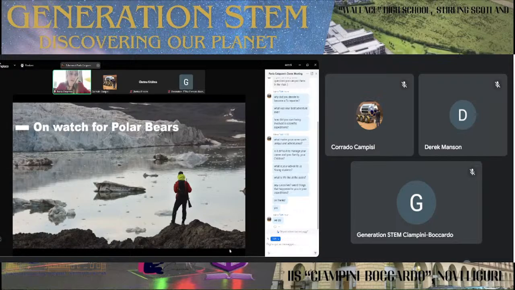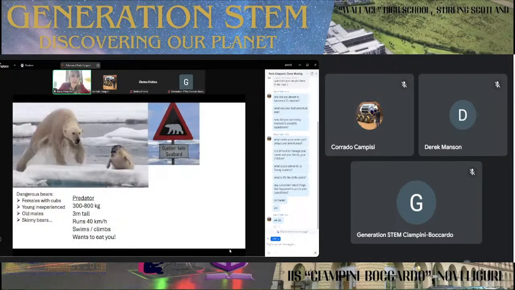You have to try not to kill one and only resort to the rifle when they are attacking you frontally and they are 100 meters from you. But that means you have 2.5 seconds to put him down. And you have to really avoid these circumstances. So to avoid it, have somebody on watch and always look around that there is no bear when you go on land. Because they can be extremely dangerous.